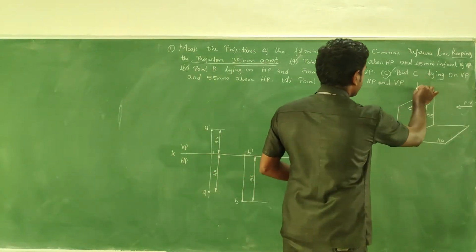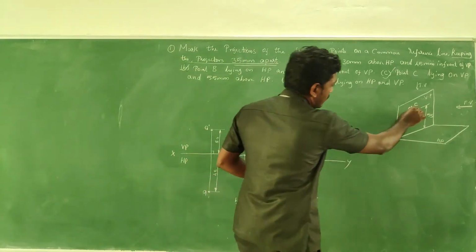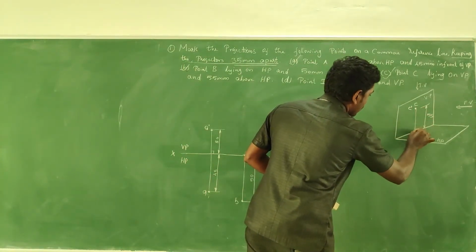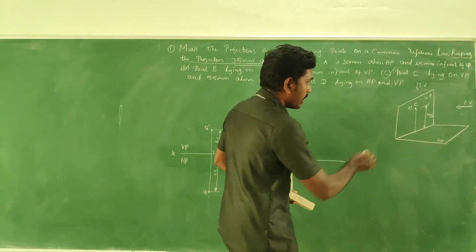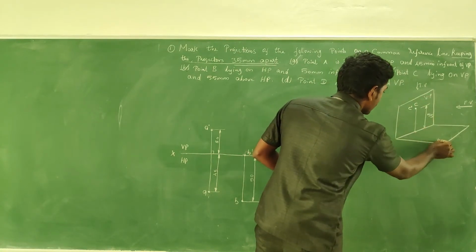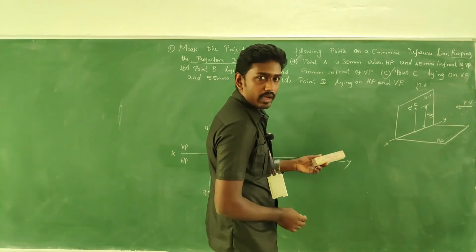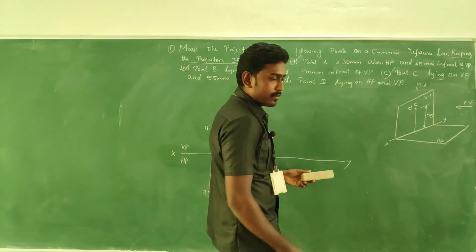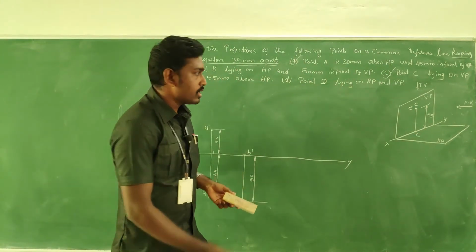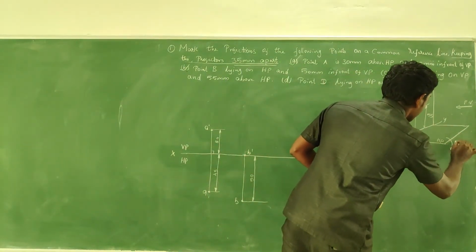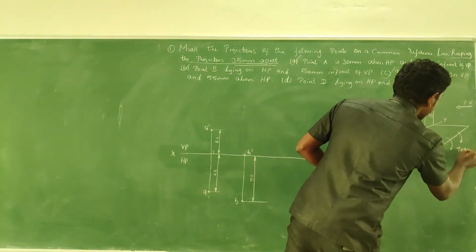What about the top view? It traces out something like this. Since the projection of C is thrown to the plane HP, and since the position is on VP, it is thrown on the reference line XY, perpendicular to the plane HP. So somewhere here you will get the spot C. Now rotate it by 90 degrees in order to capture it in the common reference line.